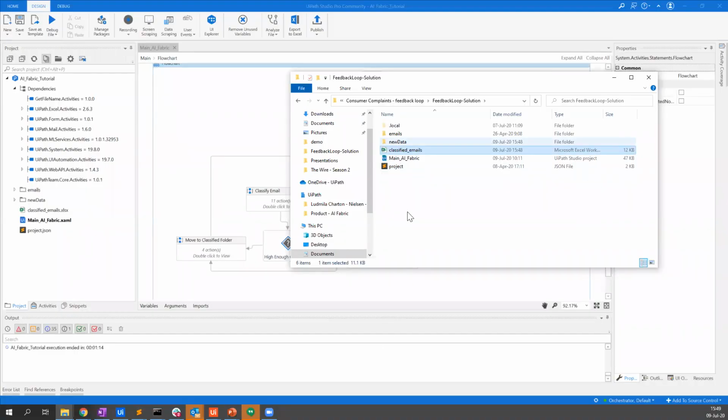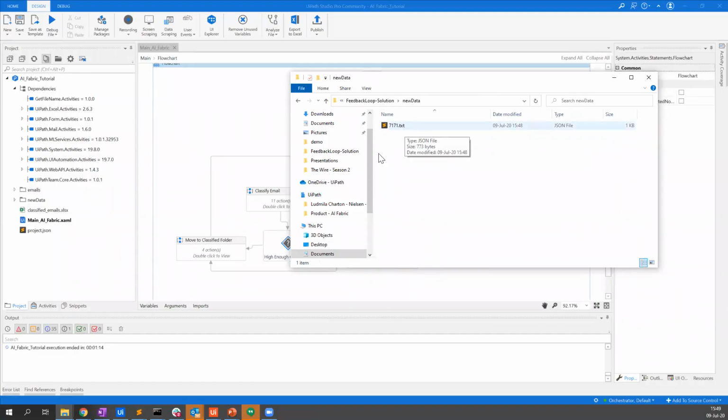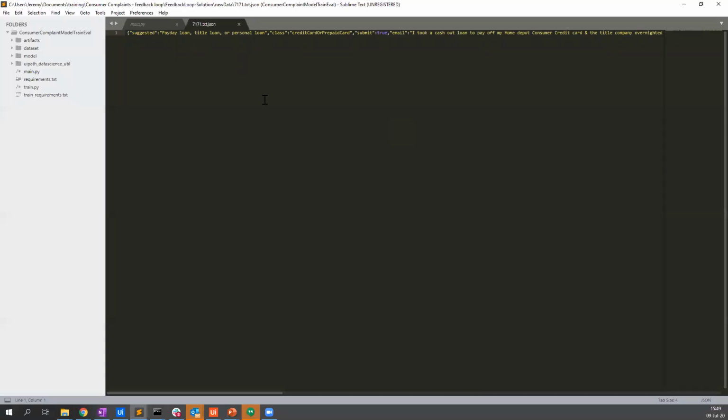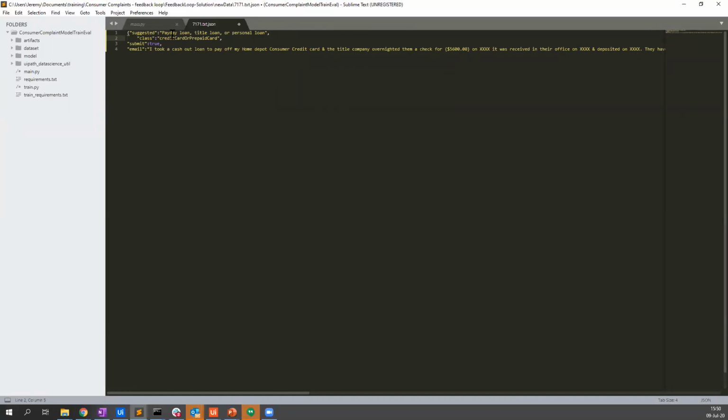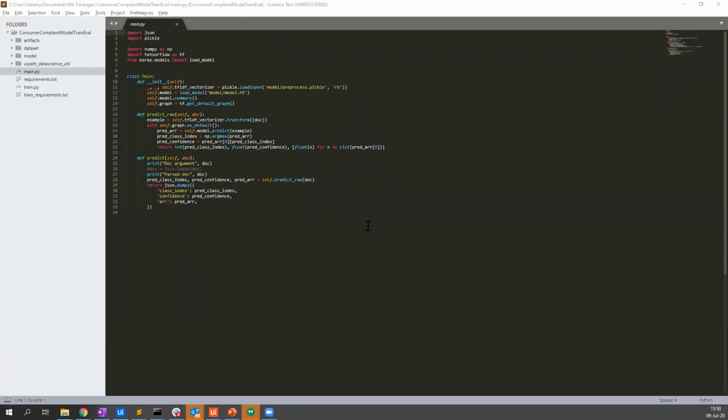So what also happened is that we store the new data locally here, which is the image that was classified with a low confidence score. And if you look at how it looks, it's really just a JSON. If I show you here, you can see suggested. That was the prediction done, the email, and you can also see the actual class here. And this was what we corrected basically. So it's a very easy JSON file.